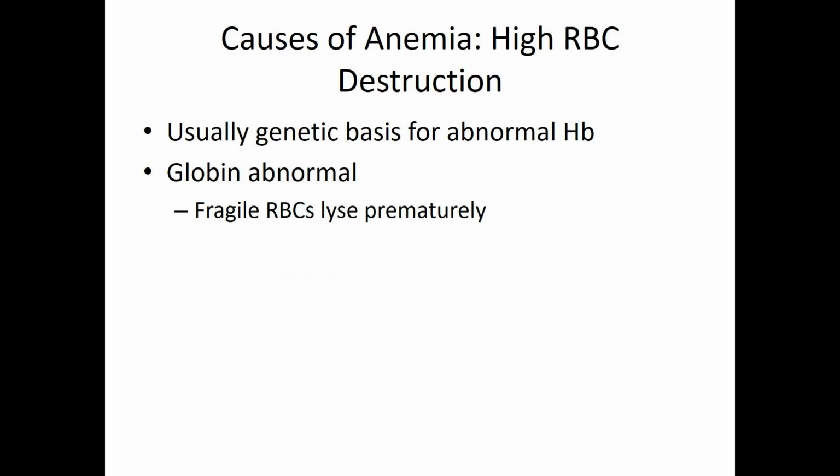Now, typically, when you talk about abnormal hemoglobin, like I said, this is going to be a genetic thing. It's an inheritable disease, right? And generally speaking, with the abnormality here, it's a problem with one or more of the globins that come into this. And the end result is that red blood cells themselves, with these abnormal globin chains in them, are fragile. They tend to fracture or break fairly easily. If they lyse, if they break up, they aren't doing you any good.